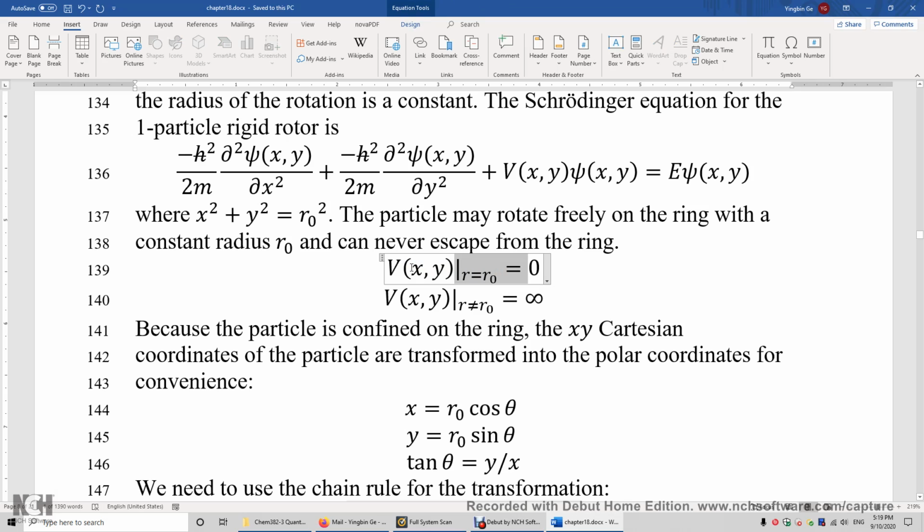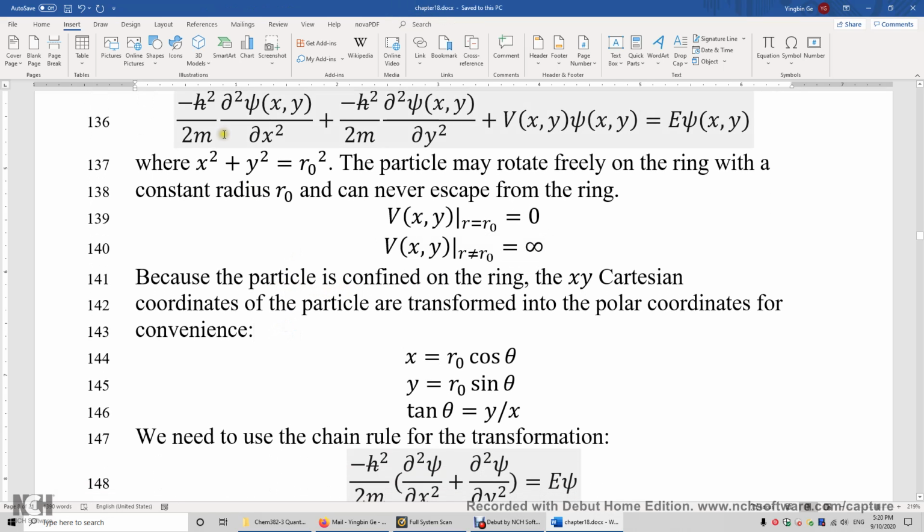It's a free rotation. Over here, what if x squared plus y squared is different from r naught squared? Then the potential energy is infinity. This condition is to prevent the particle from leaving the ring. We confine the particle on the ring. To solve this Schrodinger equation, we will have to convert the xy Cartesian coordinates to the polar coordinates